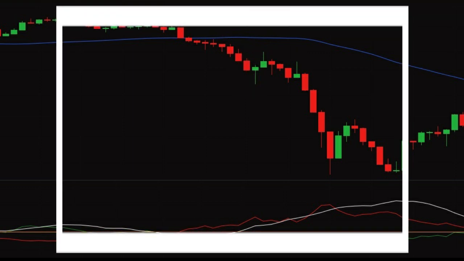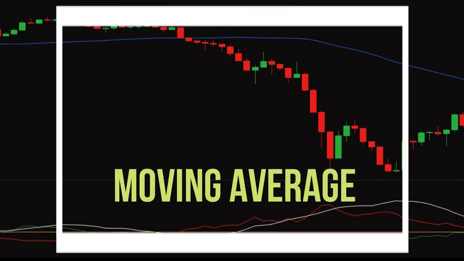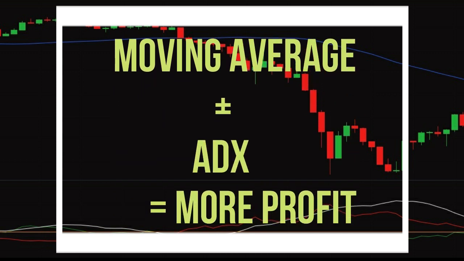So using a moving average and ADX in the correct way and settings you can take profitable trades and earn more profit, rather than using only ADX for your trades. I tried my best to explain the ADX and moving average strategy in the easiest way possible. Hope you got a good knowledge about ADX and moving average